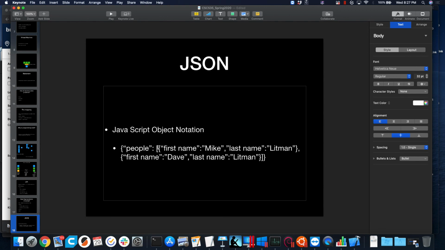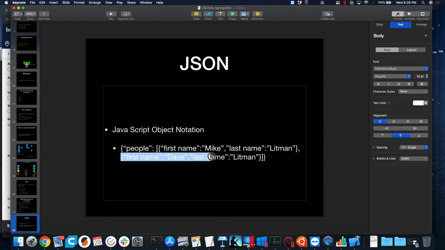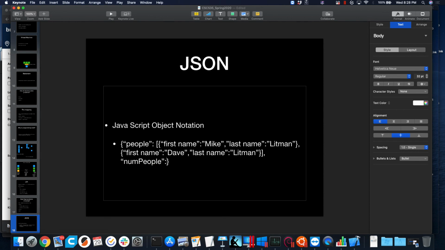This collection has an object type in it whose first name is Mike, whose last name is Littman, and then here's a second object in the second element of the collection. First name Dave, last name Littman. This is the end of that collection. This is the end of this JSON object. And if I really wanted to, I can put in here something like num people 2 if I wanted to store a second variable.